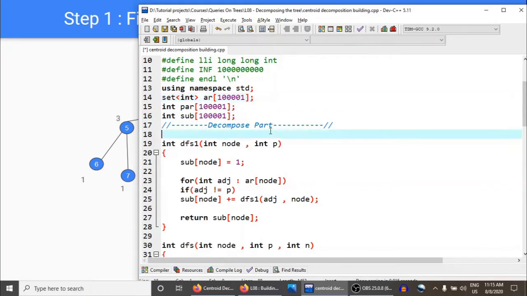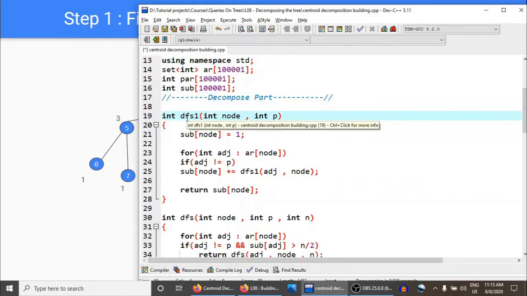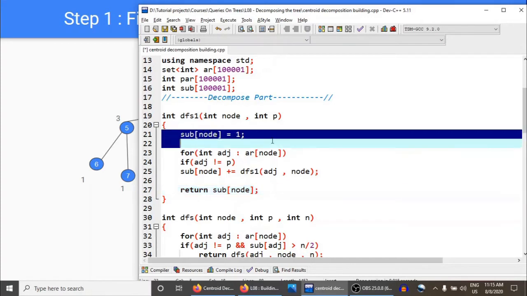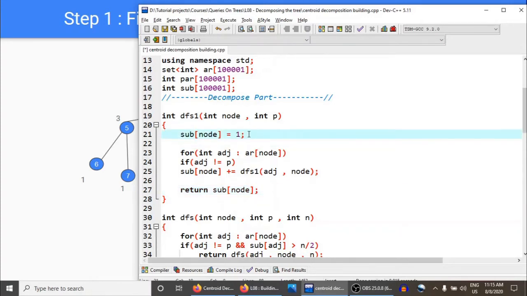So here you see I have the DFS1 part, which will calculate the subtree size of each node. As you can see, we have already seen this code many times in other algorithms, so I'm not going into details much. So what I'm doing here, initially of course you would initialize the subtree size to be 1,